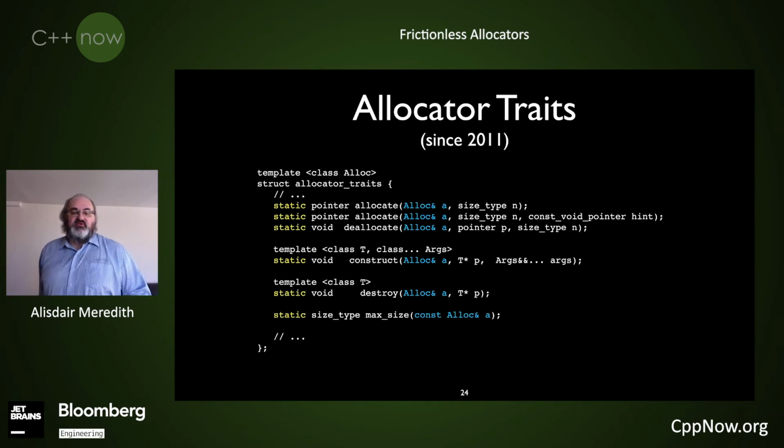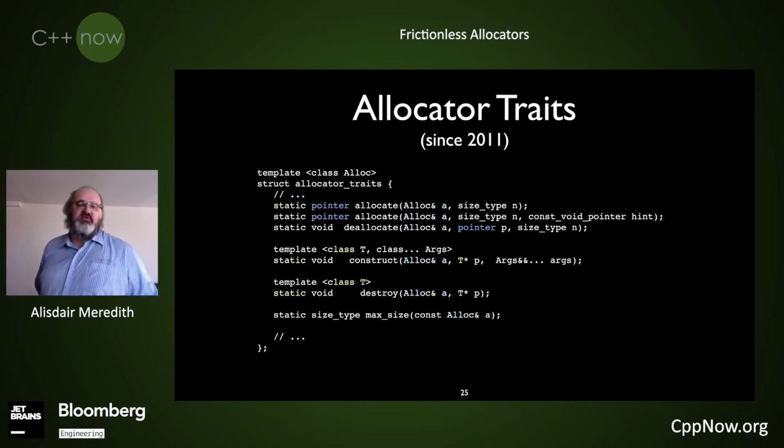Key part is you're going to want to, at some point, allocate and deallocate memory. So as you can see, we've got a bunch of static functions in allocator traits, and each of those functions you pass your allocator to. And this is the intended usage pattern of allocators in C++11. You don't use the allocator directly. You pass it to one of these methods in allocator traits to say, please do the work of providing the allocation. And again, you have to provide allocate and deallocate, but any of these other methods, if you don't supply it in your allocator, the allocator traits will synthesize it on your behalf in terms of all the other operations.